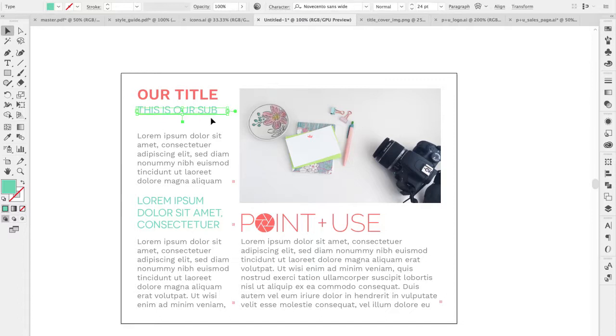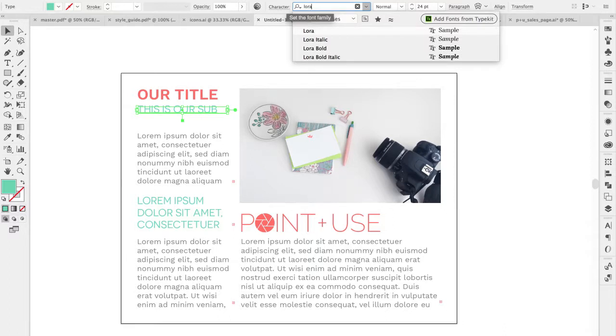So for me, these two are too similar. I wouldn't put these two together because they look too similar. Even though this is thinner and smaller, there is a little bit of competition. Your eye doesn't know which one is more important. You have to make sure that you differentiate between them. So I like pairing